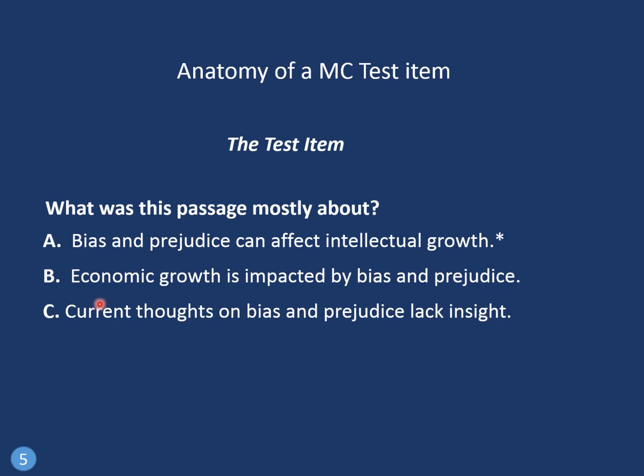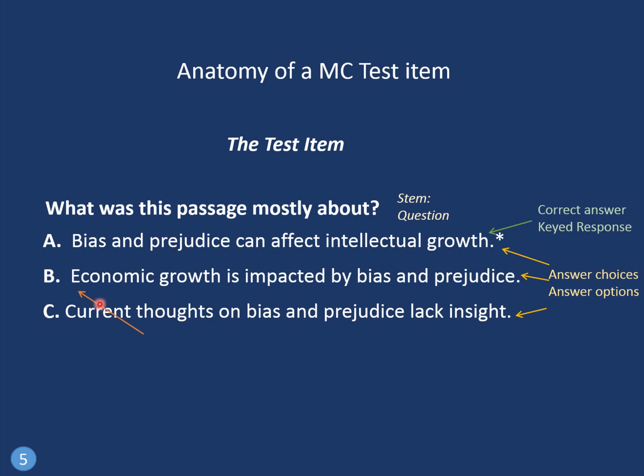And to talk about item analysis, you have to really be familiar with the parts of an item. We're going to talk about a multiple choice item here quickly. Folks say, I have 20 questions on my test, and I know what that means. They're usually meaning I have 20 items on my test, because everything you see there is the test item. The stem, or generally it's a question, and you have 3 choices or options, and I'll talk about why there are only 3 here in a minute.